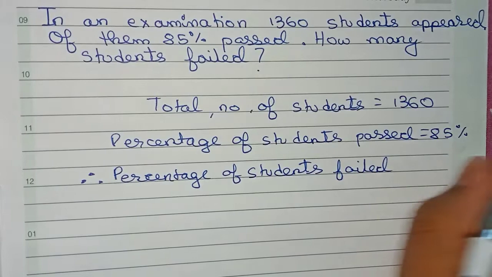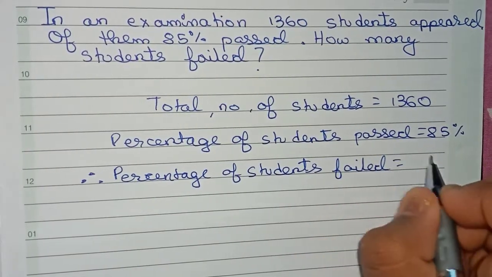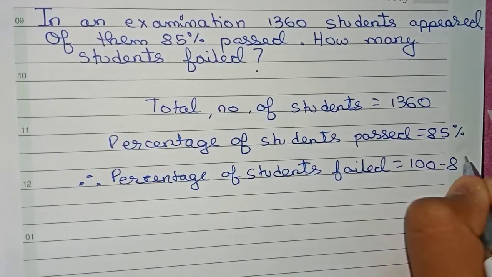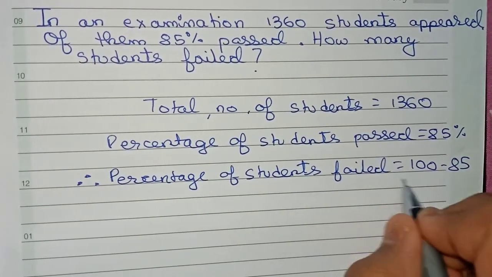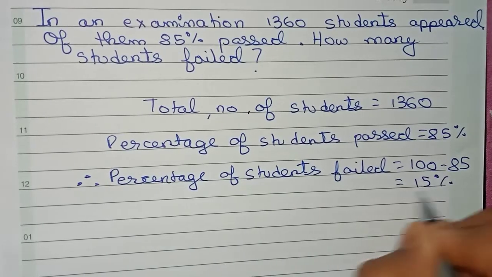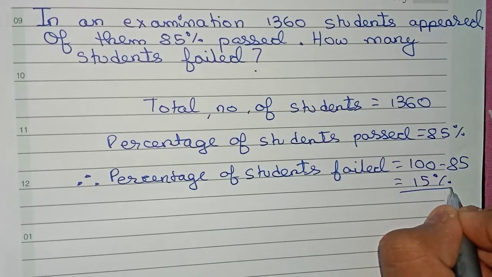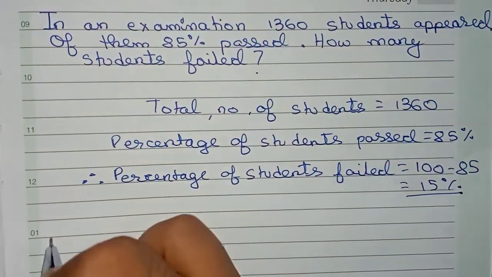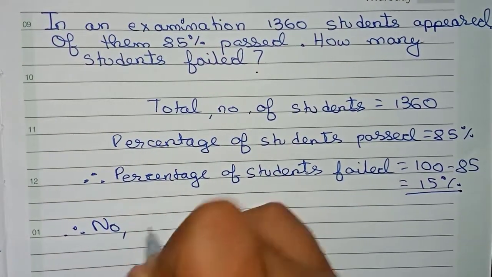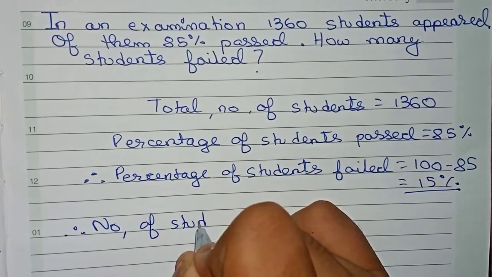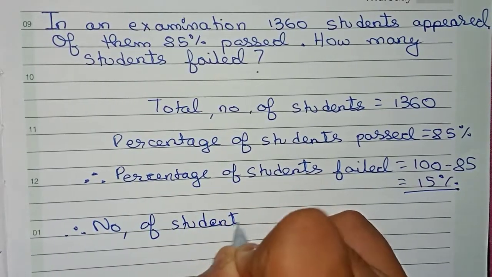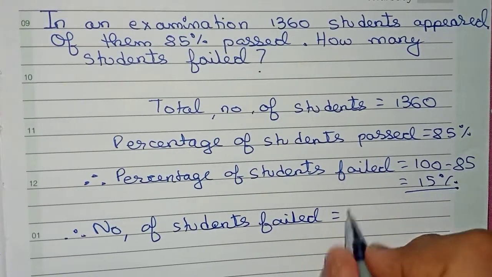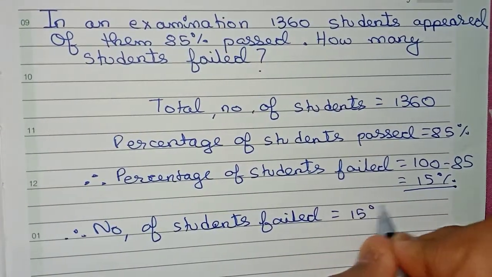so we all know that the percentage is always out of 100. So it will be 100 minus 85, which is equal to 15%. So therefore 15% students failed in the examination. Now I have to find the value of this 15%. So we write number of students failed equals to